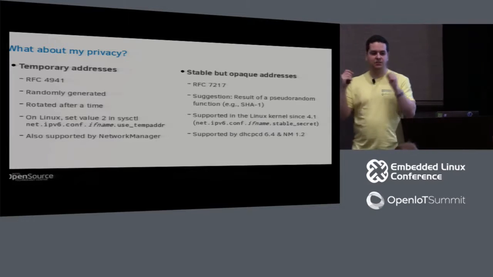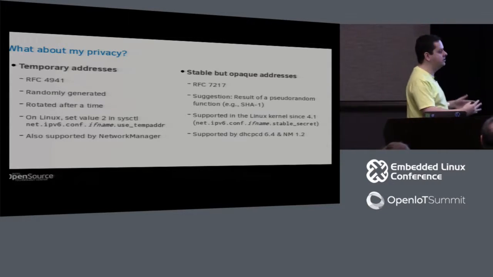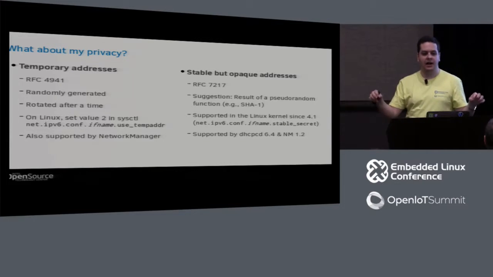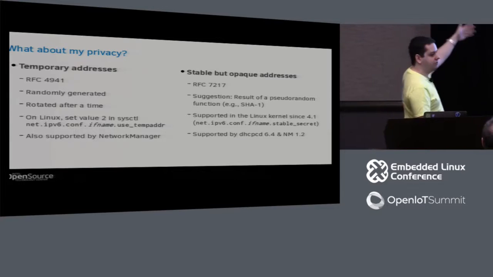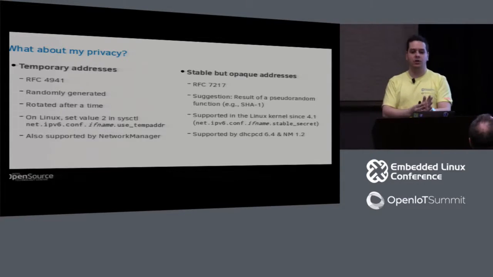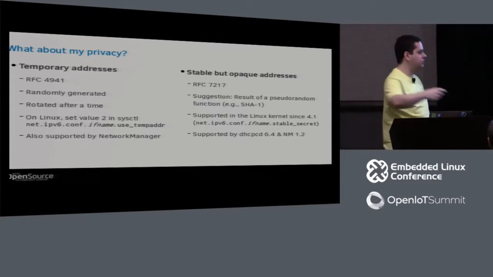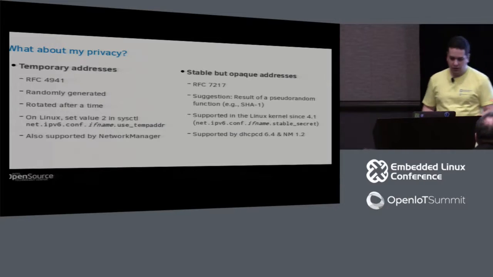So that's what I said: the expanded address space allows me to do interesting things. I can just put a random number in that address field. It's rotated after a time, so my existing connections will continue to work. I'll just add a new one, and every new outgoing connection will use that. The new interesting one is the stable but opaque address. It suggests using a function like SHA-1, which is pseudo-random, where you put in as input a passphrase, a password, just something that you chose yourself, concatenated with the network address or the wireless SSID and a couple of other pieces of information, run it through SHA-1